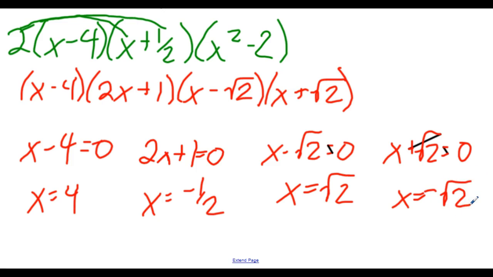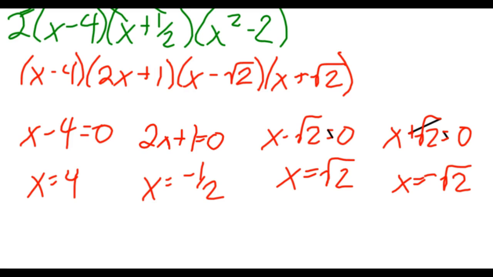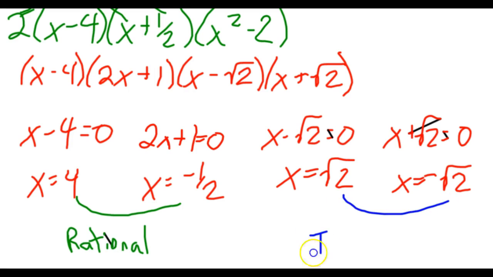So, using the rational zero theorem and synthetic division, using a graphing calculator, using many tools, we found all of the zeros for that polynomial function. 4, negative 1/2, radical 2, and negative radical 2. Looking at these zeros, if we look at 4 and negative 1/2, both of these are rational zeros. If we look at radical 2 and negative radical 2, those would be